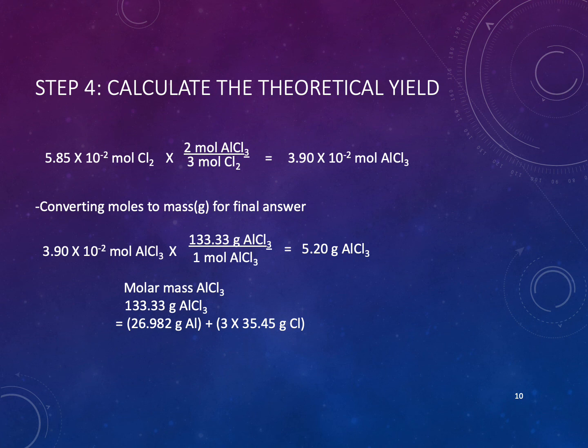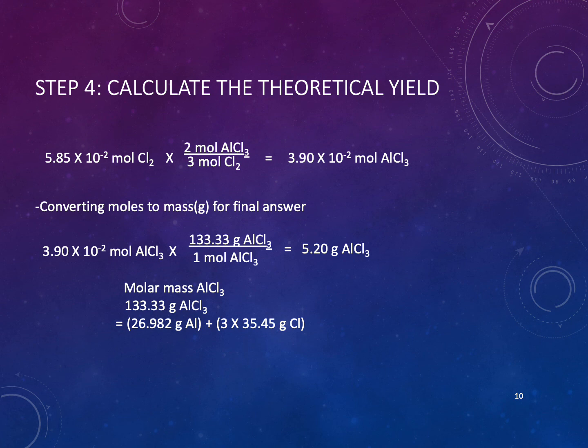Converting the moles to mass for the final answer is very necessary. So we do that by taking the moles of our product, 3.90 times 10 to the power negative 2 mole aluminum chloride, and multiplying it by the complete molar mass of aluminum chloride, which I've shown the process of below,